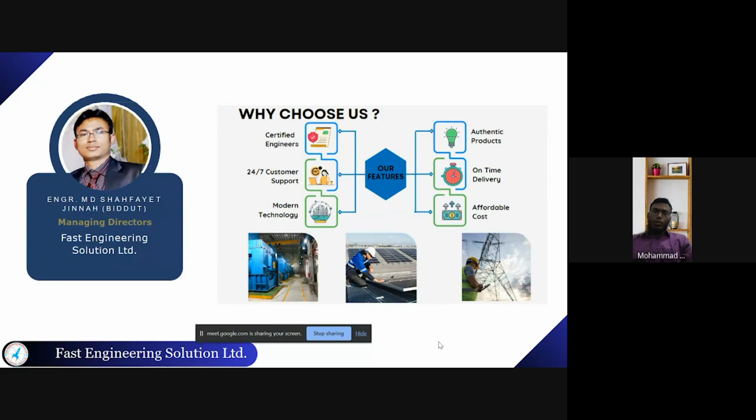But it is also important for the industries, for their workers, as well as top management and mid management, so that they also know about